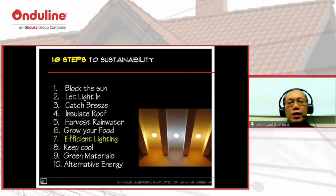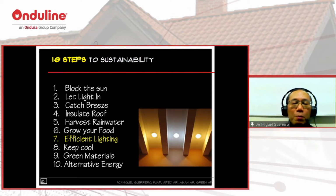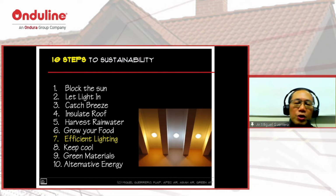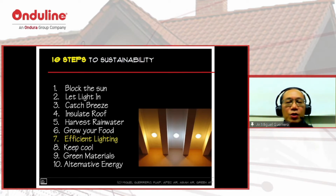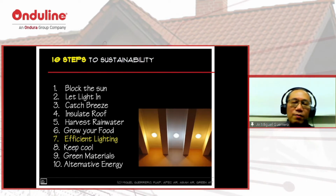Number 7, efficient lighting. Look for energy efficient lighting, even in the way you place your switches. In some of my lectures, when I talk about this, I always suggest don't put the switch of the light beside the window and the switch of the light away from the window on the same switch. Why? Because during the day, you don't need to turn on the light beside the window. You'll be wasting